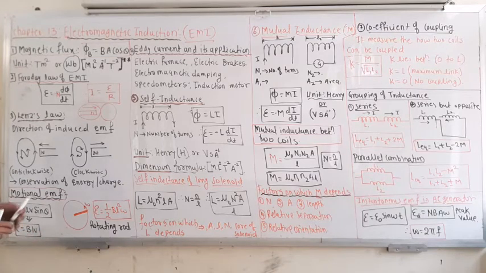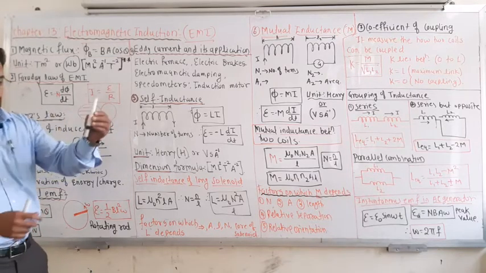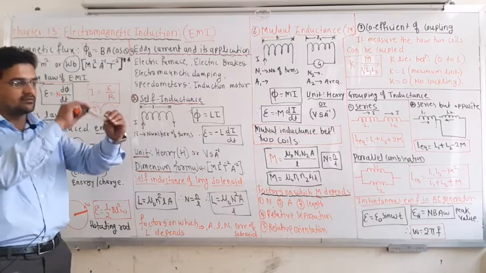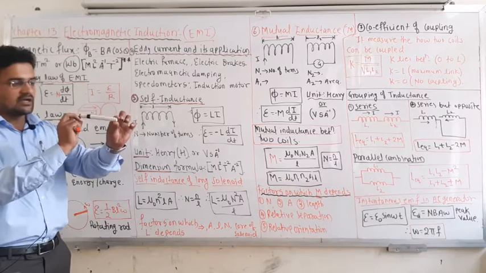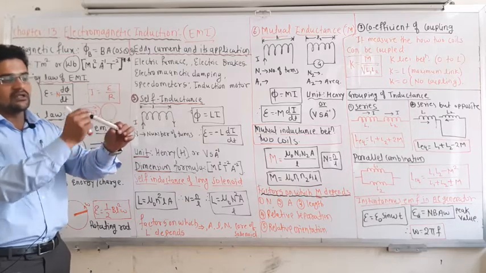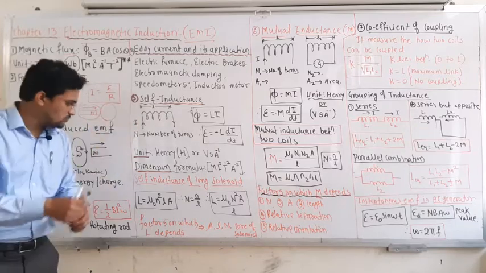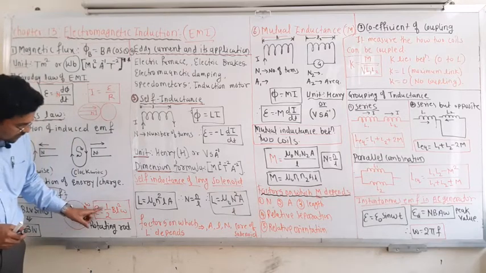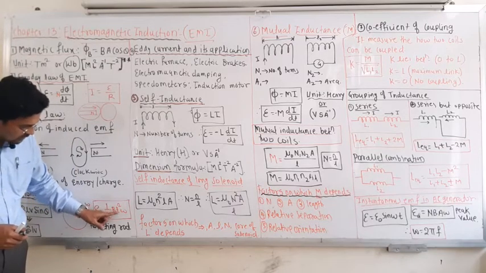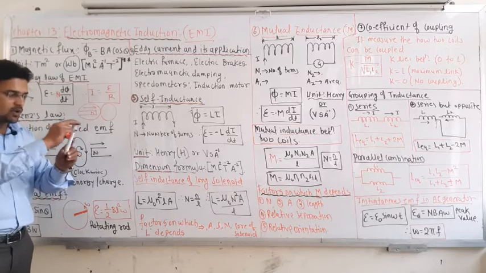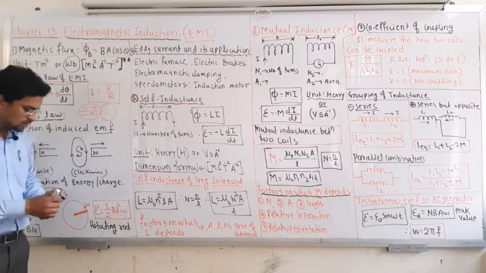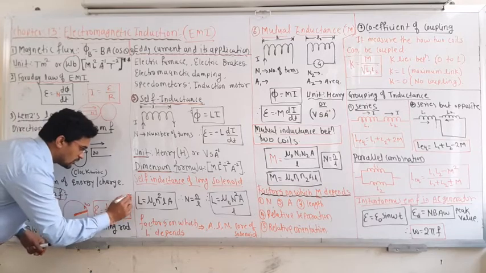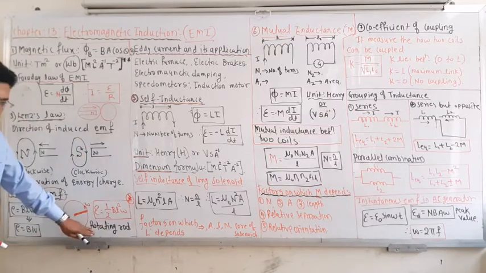BLV. Okay, now suppose instead of this moving conductor, this conductor is rotating in a circular path like this, with one end fixed and another end moving. Then how much EMF is developed? That EMF is given by E is equal to half BL square omega. Omega is the angular speed at which it is moving, and L is the length of this conductor. Okay, so remember this formula, it is very important. Write it down. So this is the rotating rod.